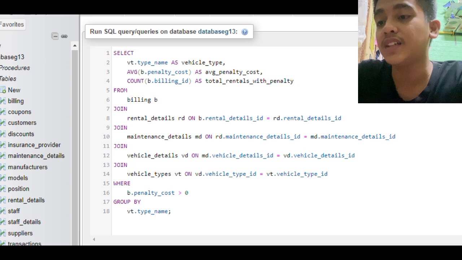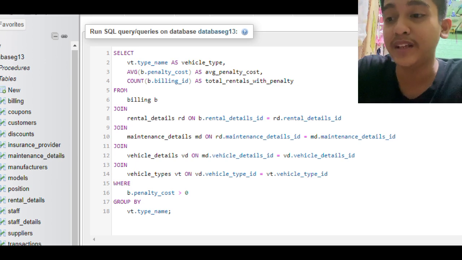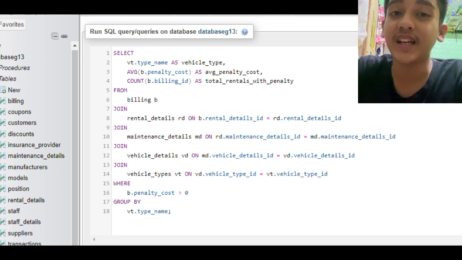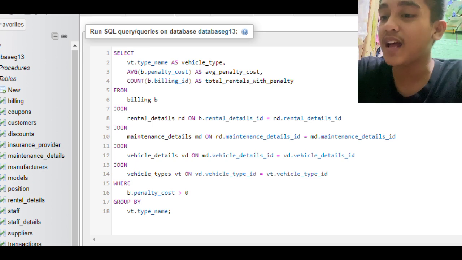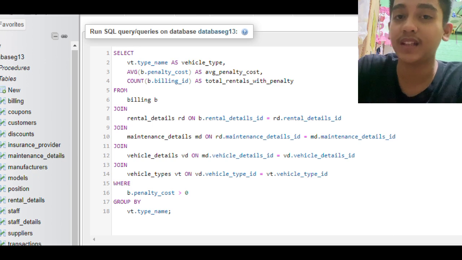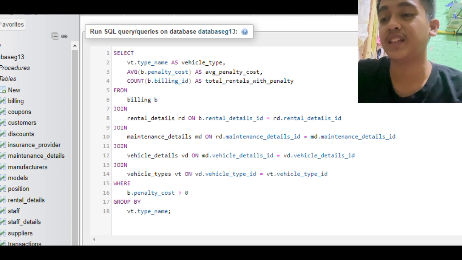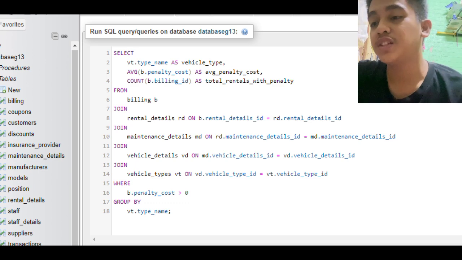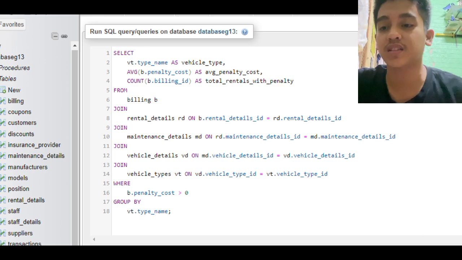The rental details is joined with maintenance_details, using maintenance_details_ID to associate the rental transaction with vehicle maintenance. The maintenance details is joined with vehicle_details, using vehicle_details_ID, to retrieve the information about the vehicles.